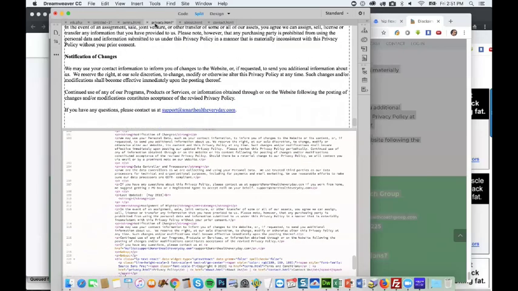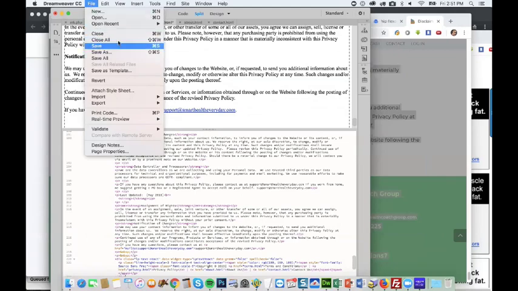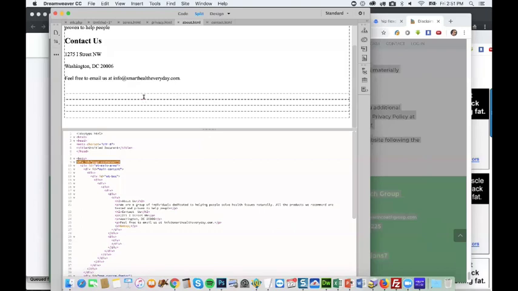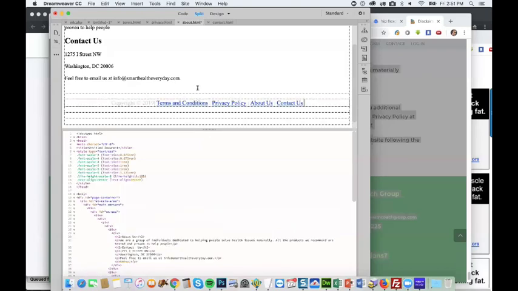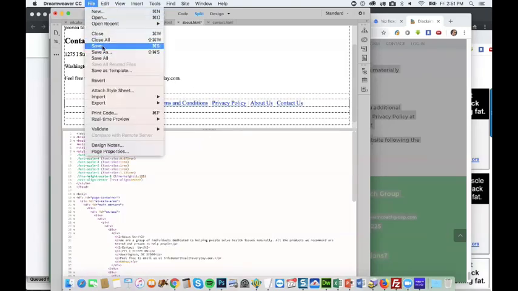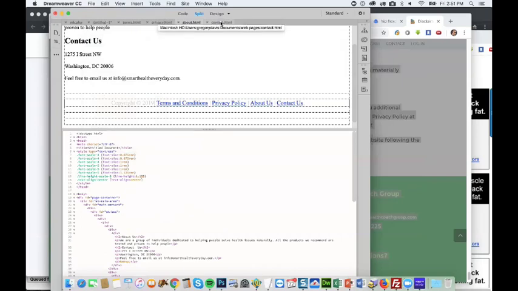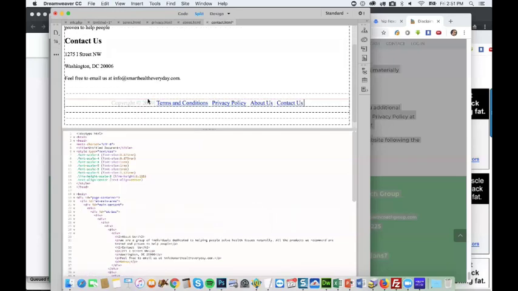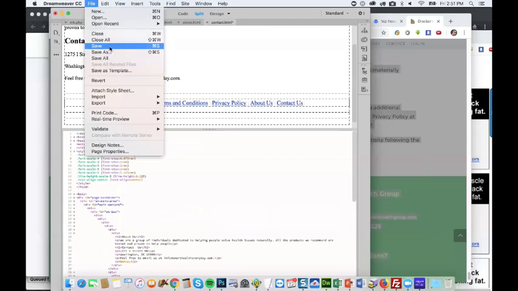There. Save that. Okay. All right, so now all the pages have the necessary links.